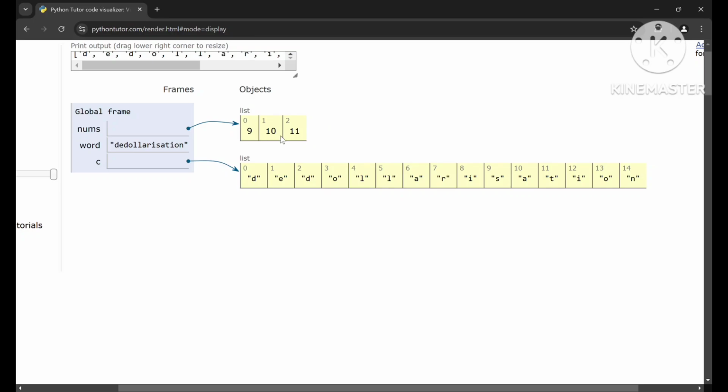Now I want to slice the string. So I'm giving some name D. I'm giving that word of square brackets 2 is to 15,